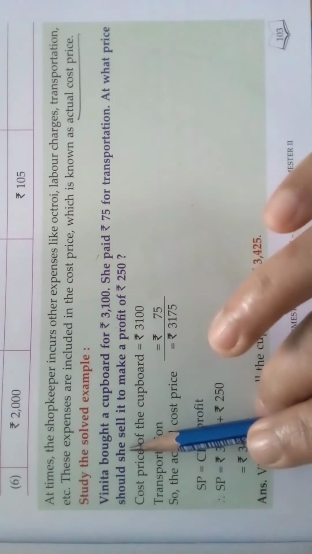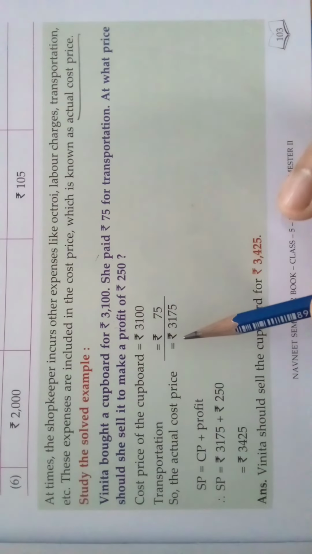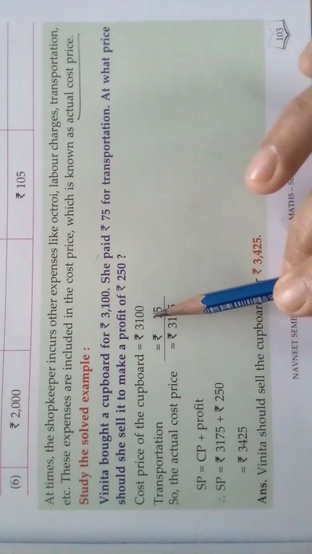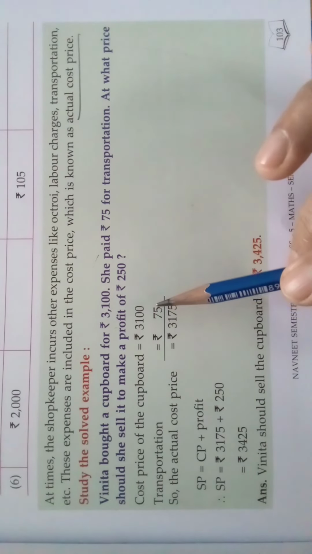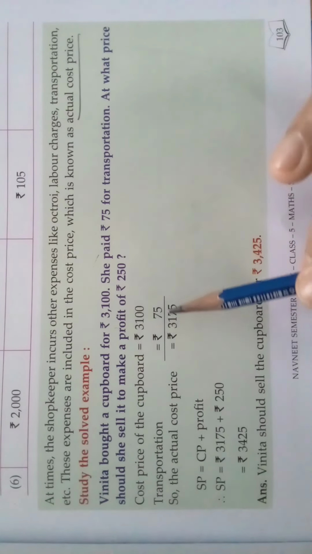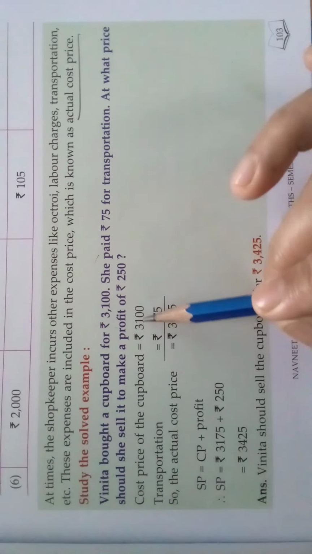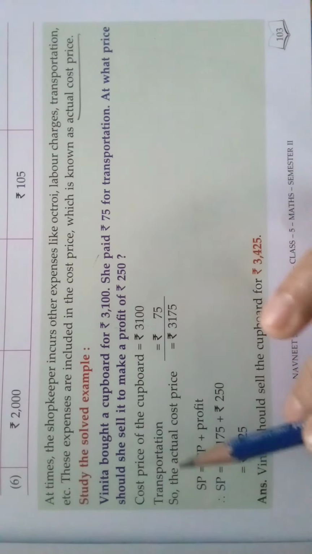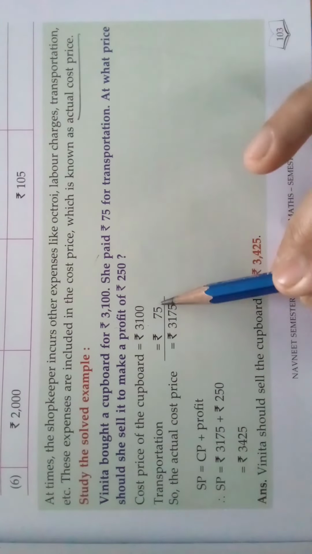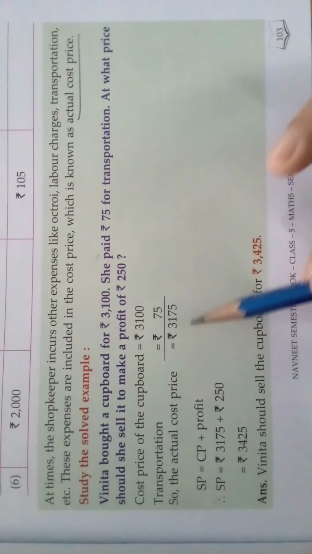At what price should she sell it to make a profit of rupees 250? So, she wants to make a profit of rupees 250. At what price should she sell that cupboard after buying it from the shop? For that we should find the actual cost price of the cupboard. Cost price of the cupboard we know is 3,100, but Vinita spent rupees 75 for transportation. So, what is the actual cost price? 3,100 plus 75, that is